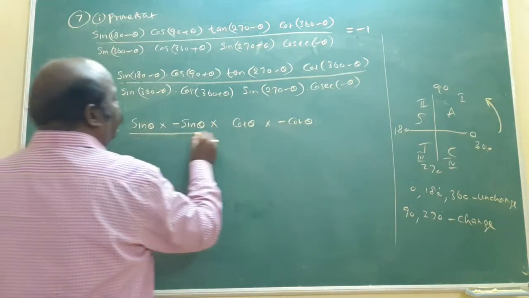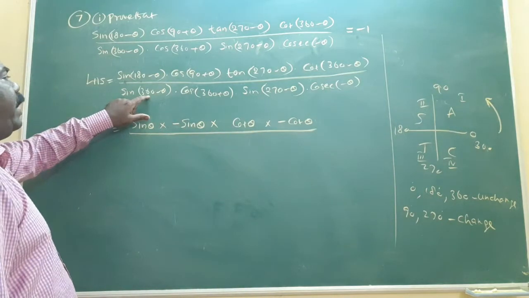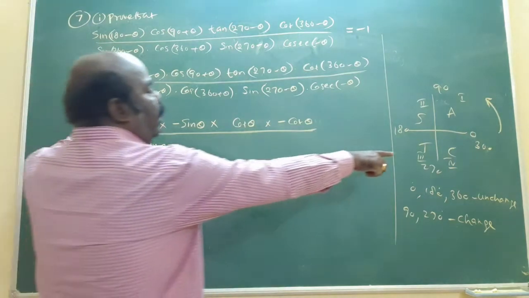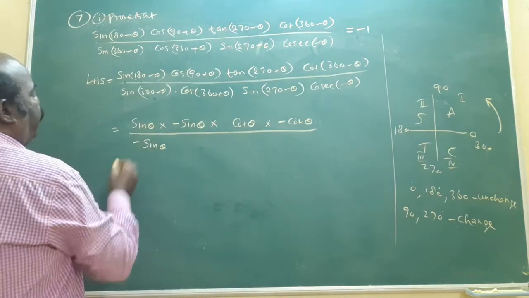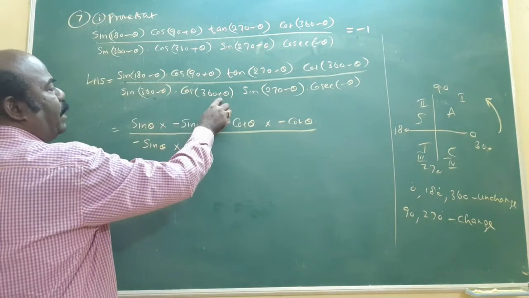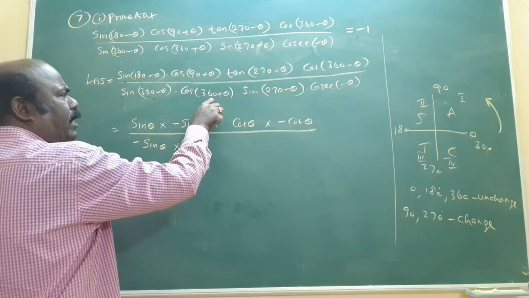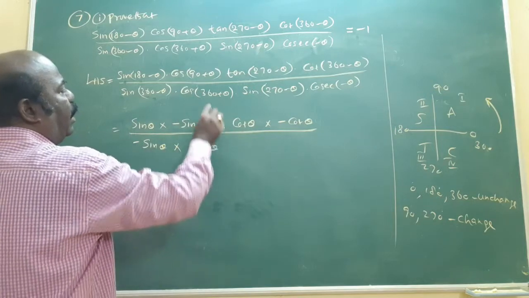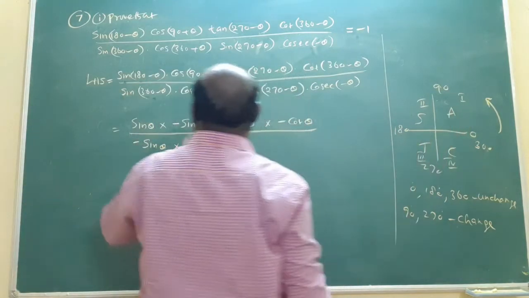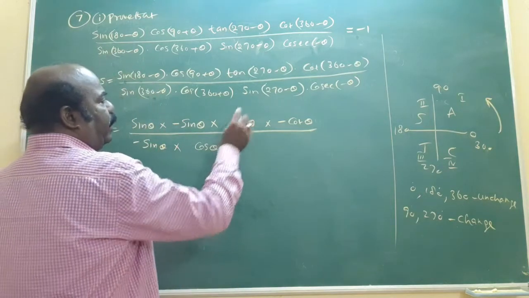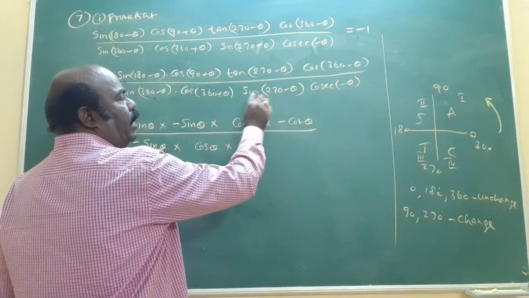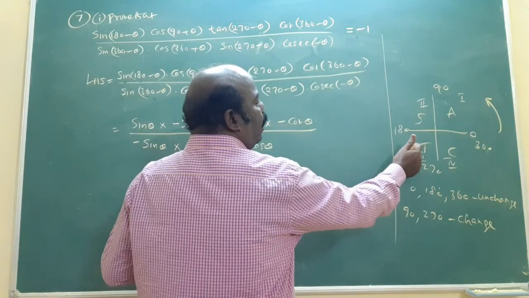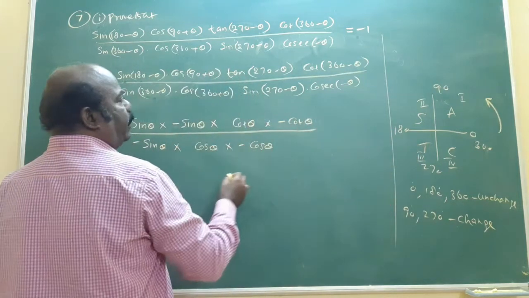In the denominator, again sin 360. 360 unchanged. So sin becomes sin. But 360 minus is fourth quadrant. Here only cos is positive, that's why minus will come. Into cos of 360 plus theta. 360 means unchanged. Cos becomes cos theta. 360 plus something means first quadrant, all positive, need not put any sign. Into 270, change. Cos becomes sin theta. After 270 minus, which quadrant? Third quadrant. Only tan is positive, that's why put minus.